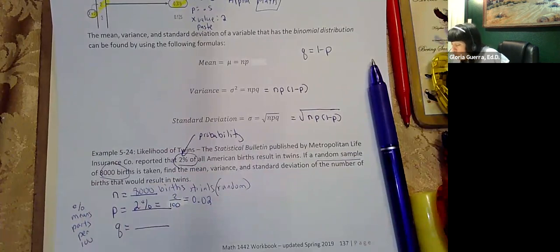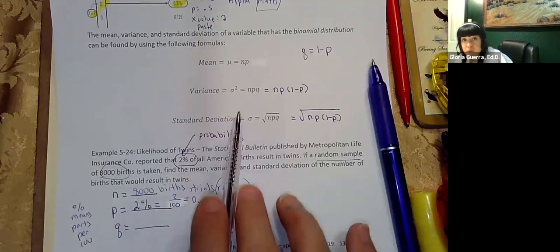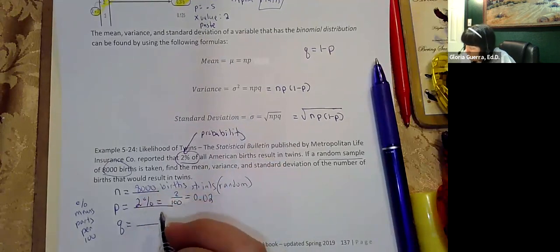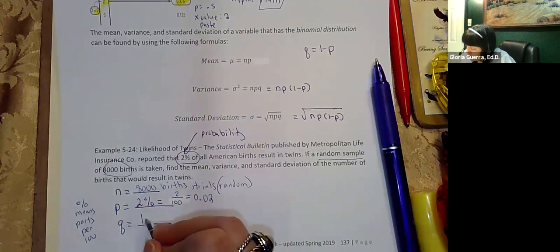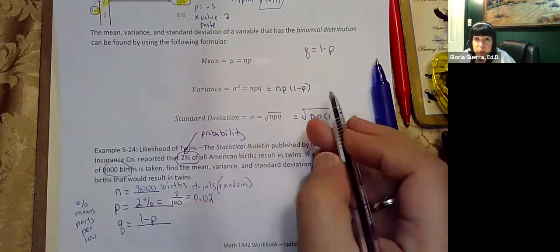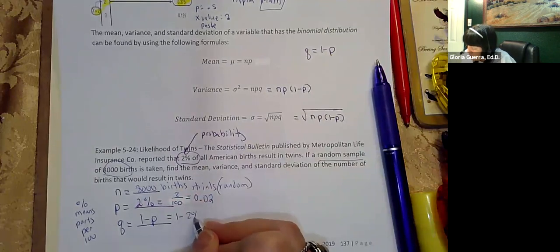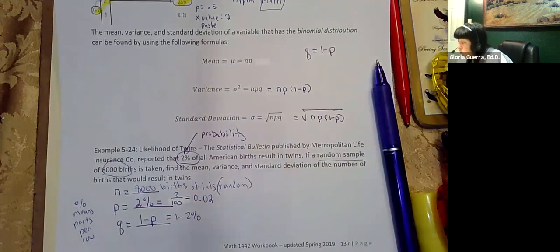Okay. So even though they don't have Q listed here, you're going to need it in the formula. So you could use that right now. Here, Q, remember Q is 1 minus P. You have to remember that. And so this is 1 minus 2%. Well, actually,